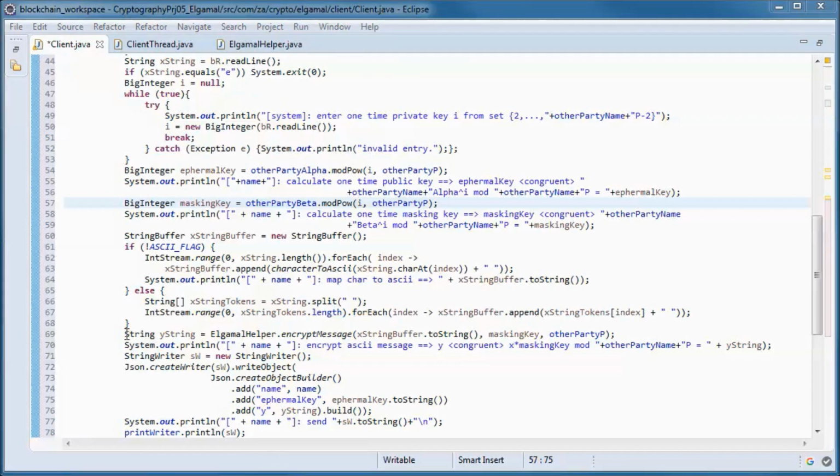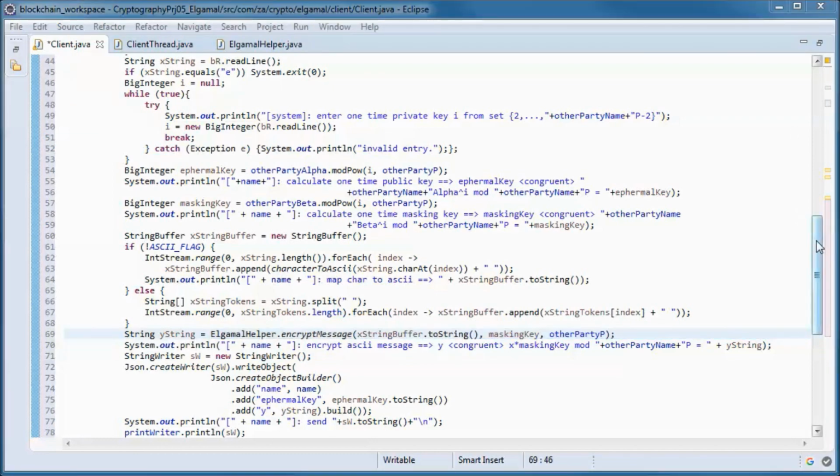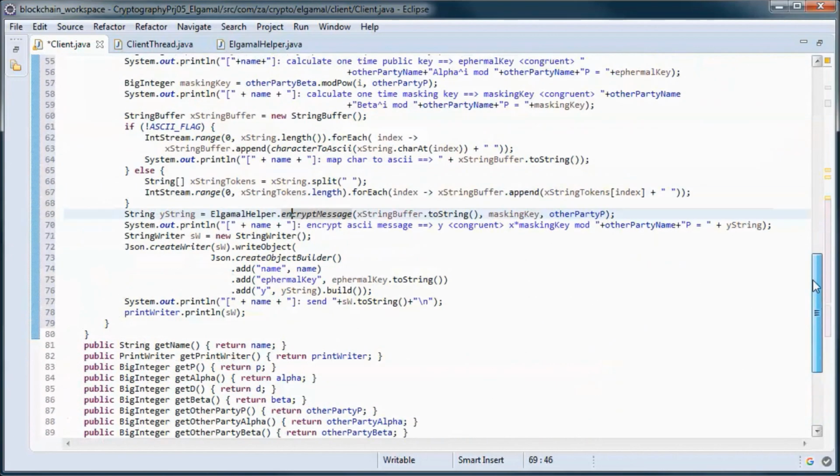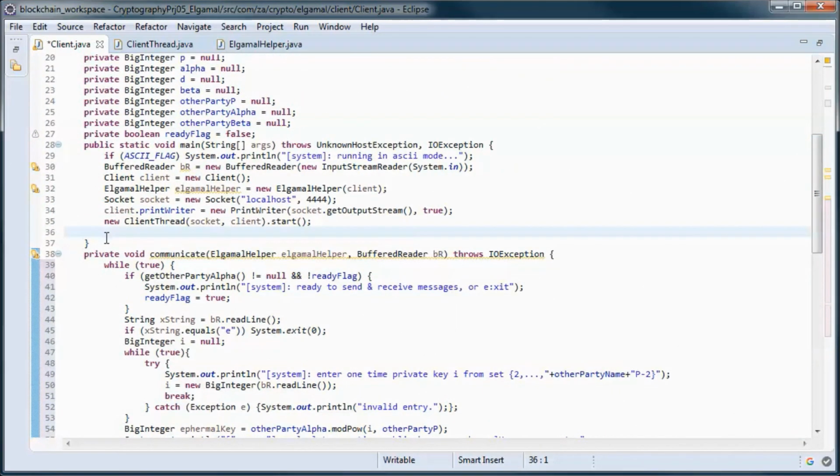And here we call the static encrypt message on the Elgamal helper class. And we call this method from here.